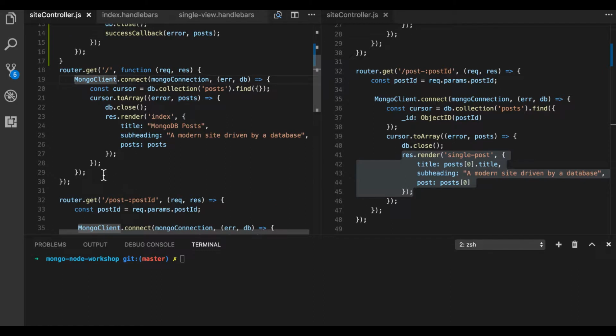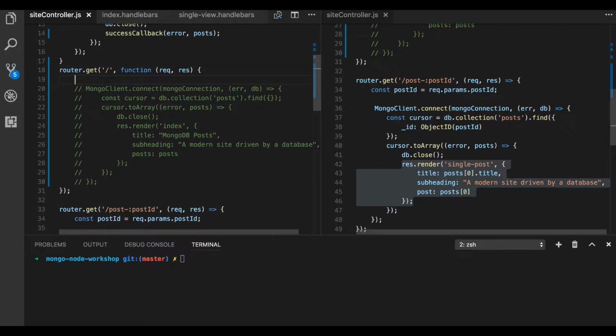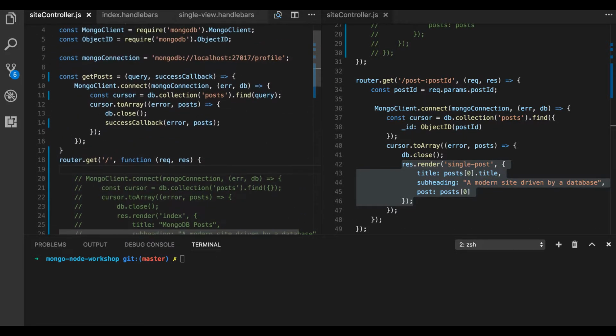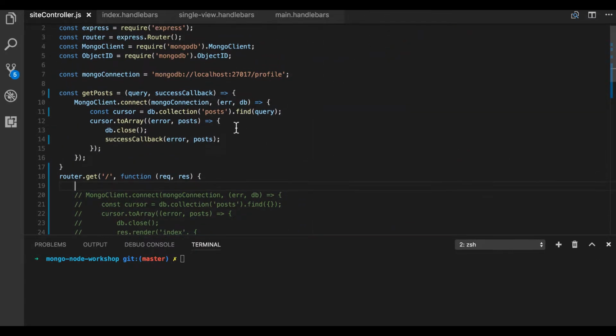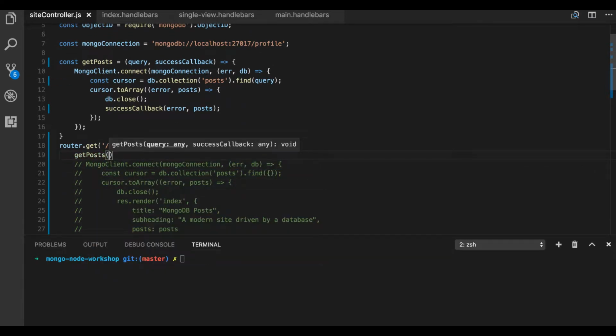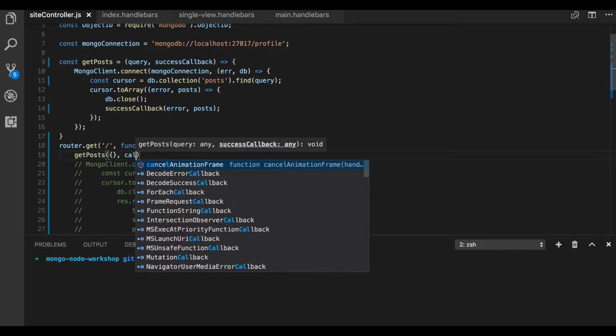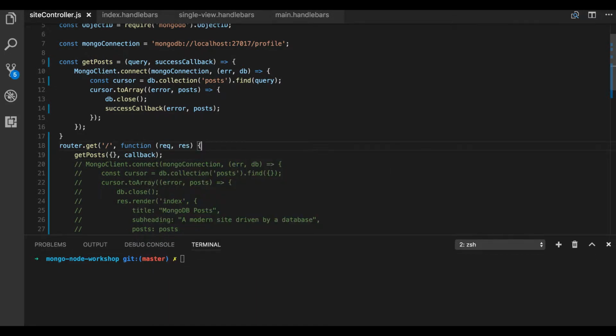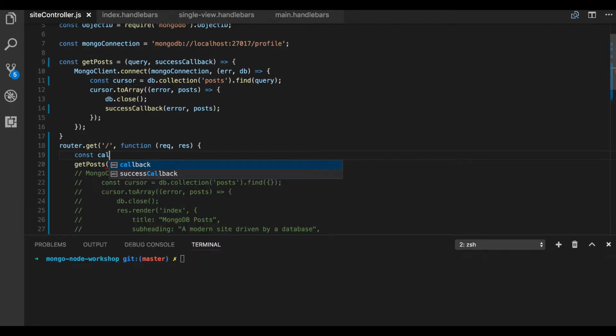So now we can take out all of this code here. Let's comment it out for now. And all we need to do is call our new getPost, and we will pass it the first parameter, query, as an empty object in this case, and then we'll give it a callback here. We need to define this callback, and this will take an error and posts,